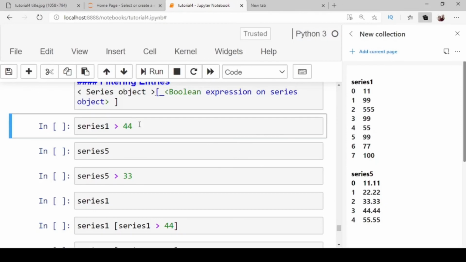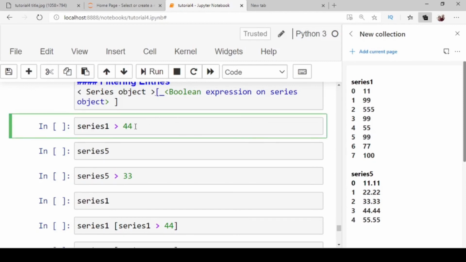When you apply a comparison operator directly on a pandas series object, it works like a vectorized operation and applies this check on each individual element of the series object.